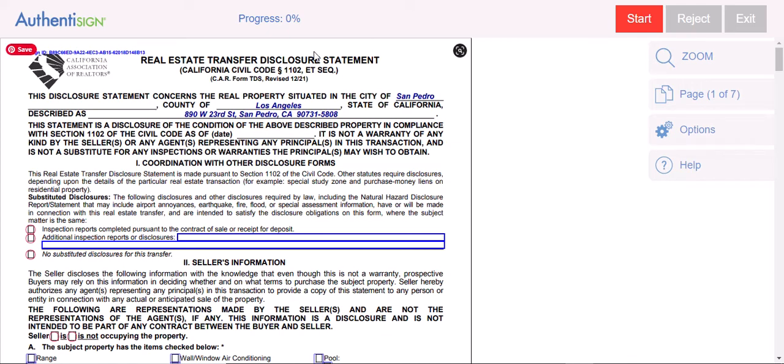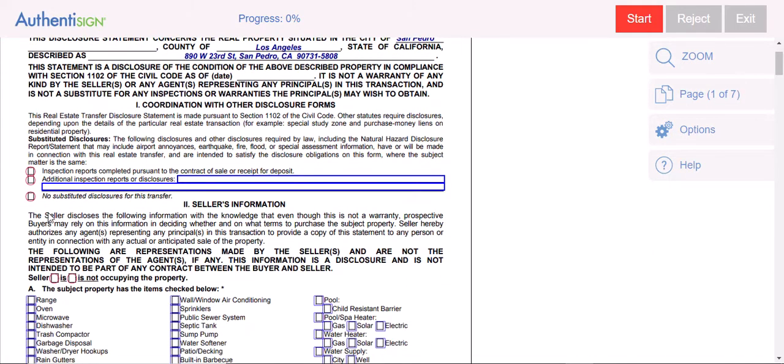Hi, this is Danielle Whitney Moore from Team Whitney Real Estate, and I'm going to show you how to fill out the Real Estate Transfer Disclosure Statement, also known as the TDS, and also the Seller Property Questionnaire, which is known as the SPQ. So on the Transfer Disclosure Statement, the first thing you're going to do is check off